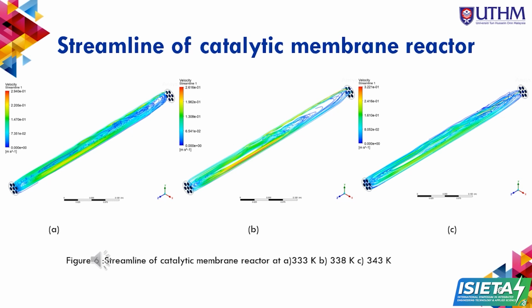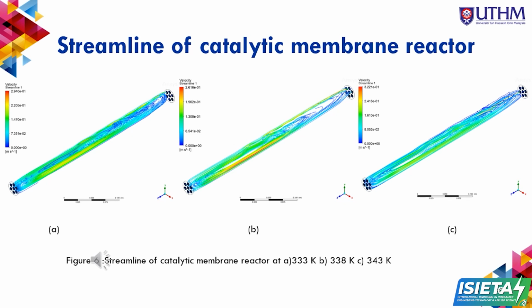The motion of the flow inside the reactor is referred to as velocity in Figure 8 with 3 different temperatures, 333 Kelvin, 338 Kelvin and 343 Kelvin. The velocity distribution of the catalytic membrane reactor at different temperatures can be seen in Figure 8. The velocity values are indicated by the different colors of contours in agreement with the scale shown on the left side of the chart, where velocity distribution at the non-porous zone follows a parabolic form on both sides of the